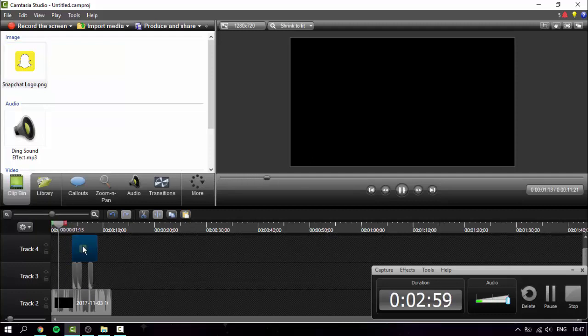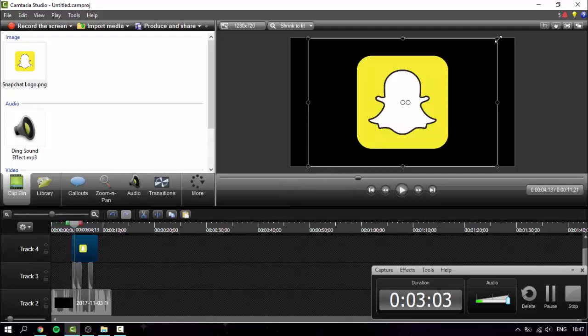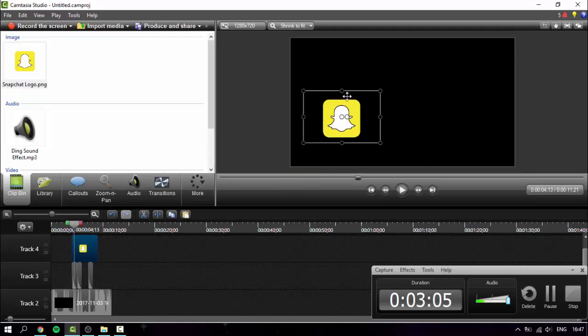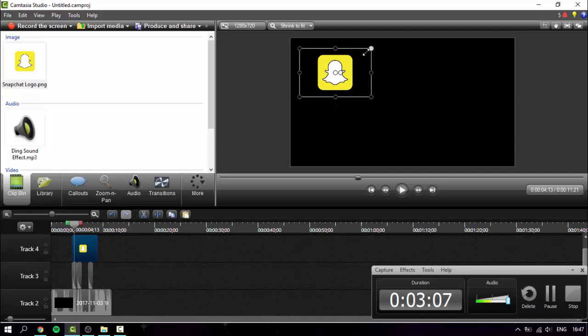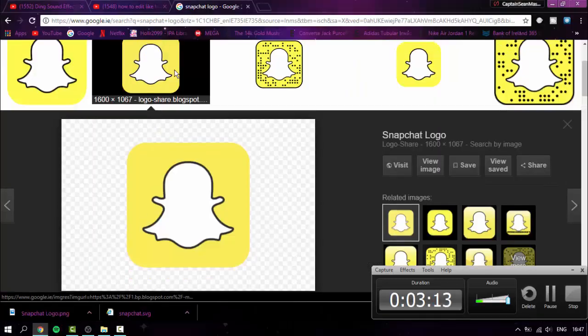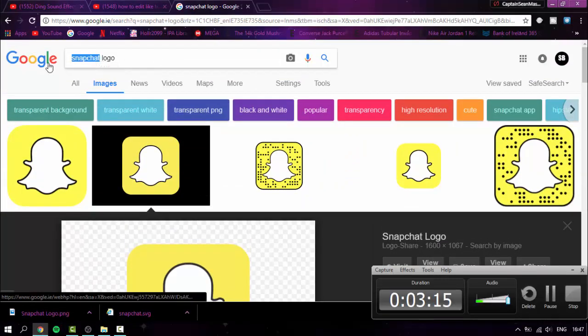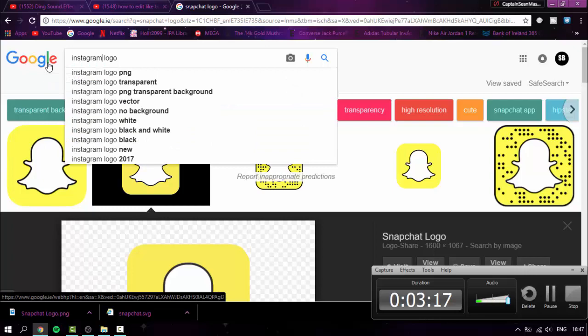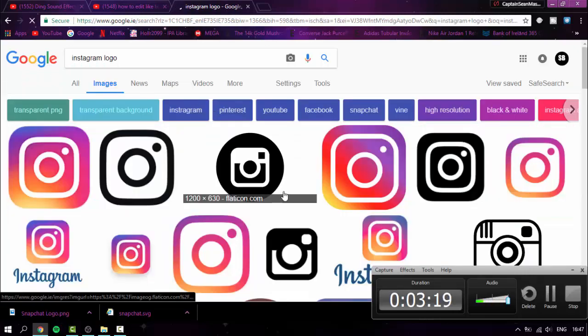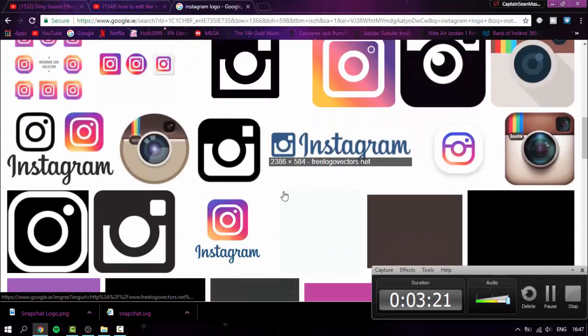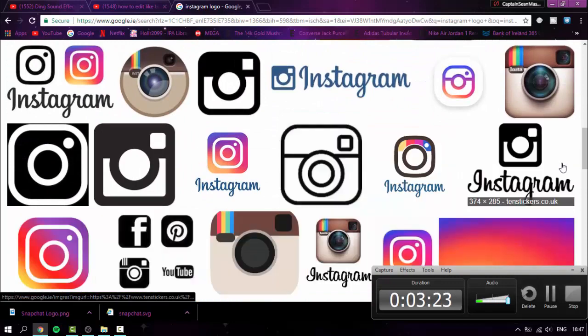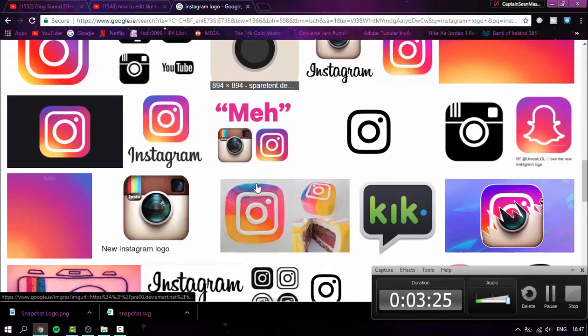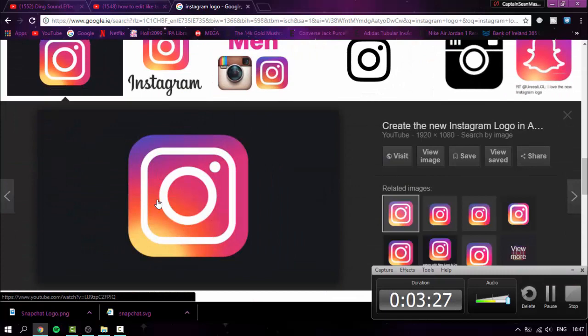Yeah, okay, so quick flow. So I just copy it right here. Snapchat, Instagram. And Instagram logo, a black background. Okay, let's, here we go.